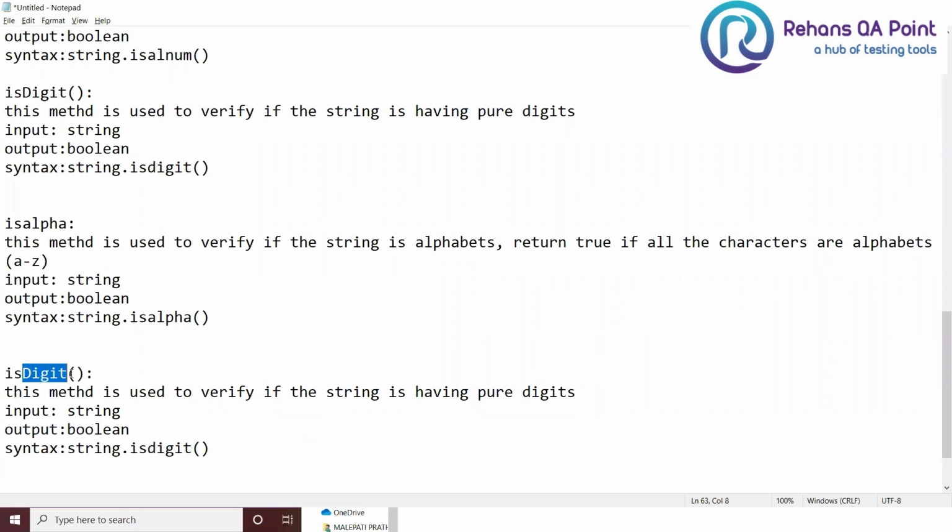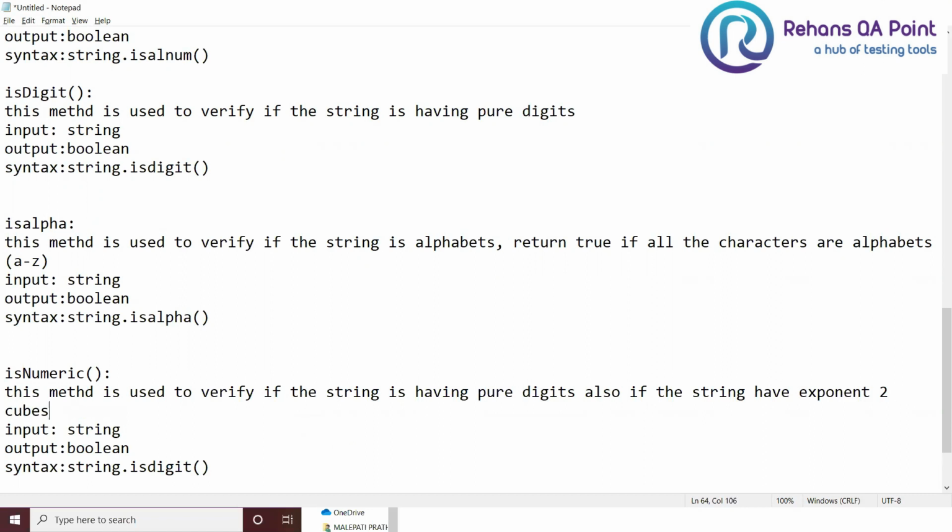isnumeric. This method also verifies if the string is having pure digits. Also, if the string has an exponential format, exponents like squares, cubes, etc., it has the tendency to check whether that is numeric or not.